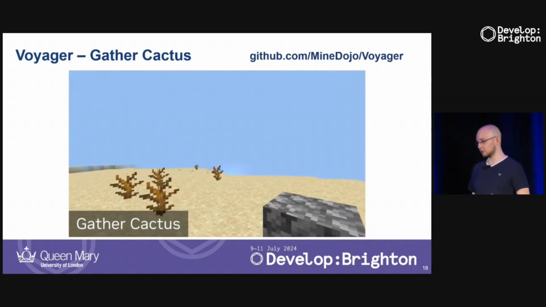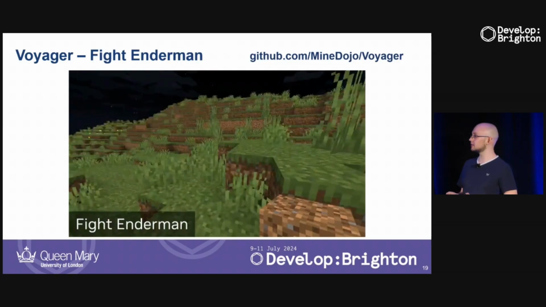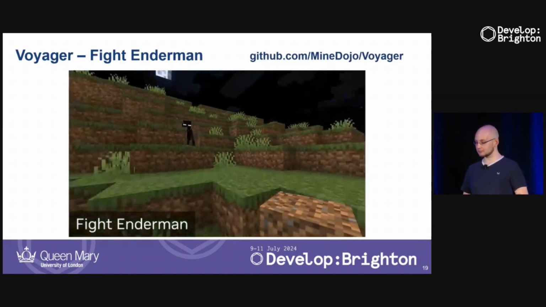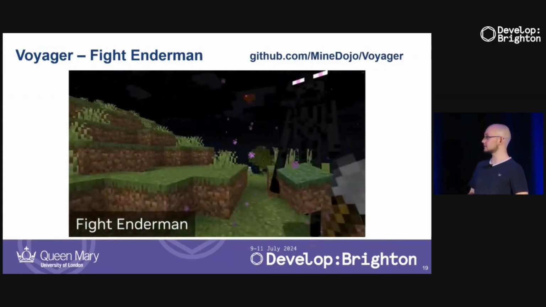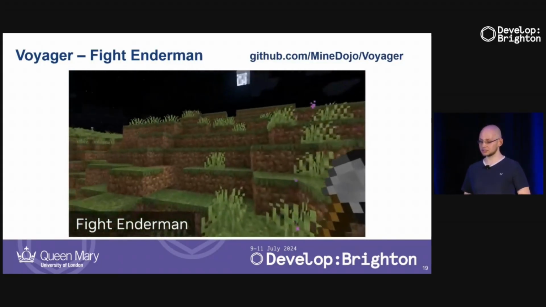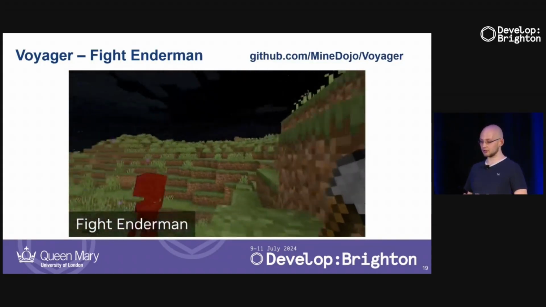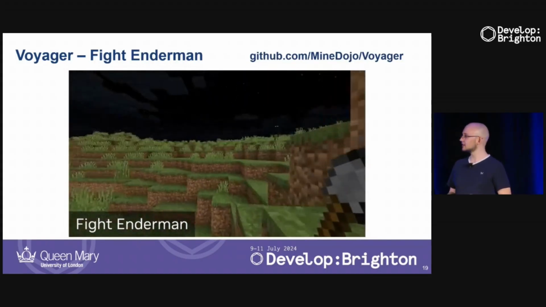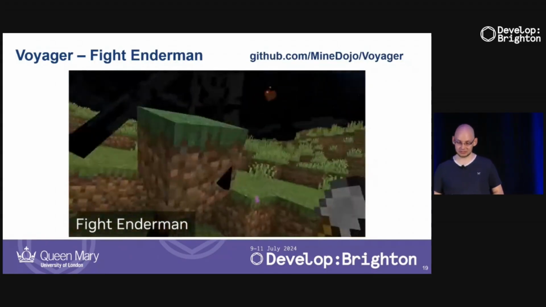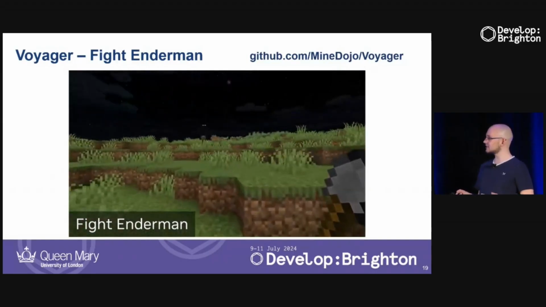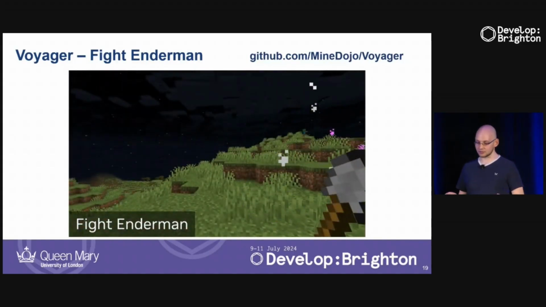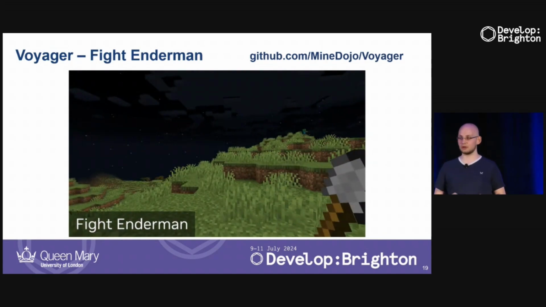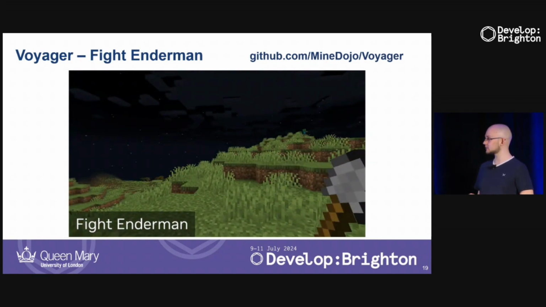And it can, of course, do more because we have a language model. We can just give it more tasks, such as fighting an Enderman. If you don't know what an Enderman in Minecraft is, it's this black, Slenderman-like creature. And essentially to fight it, we have to hit it. So the LLM generated some code that goes to the Enderman and keeps hitting it. And it keeps hitting it with a shovel, which is not very efficient. But at least it works. And eventually it manages to kill the Enderman. So that also works. So we have some kind of code that fights Enderman for us. And we didn't have to do more than just ask the language model to do this for us.